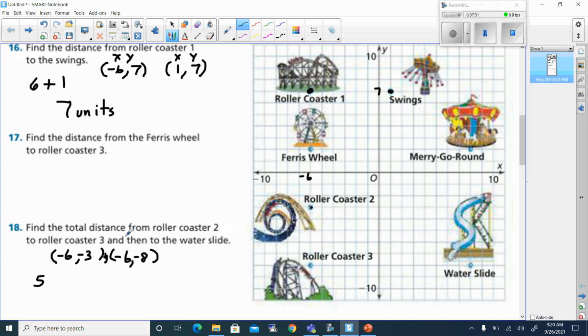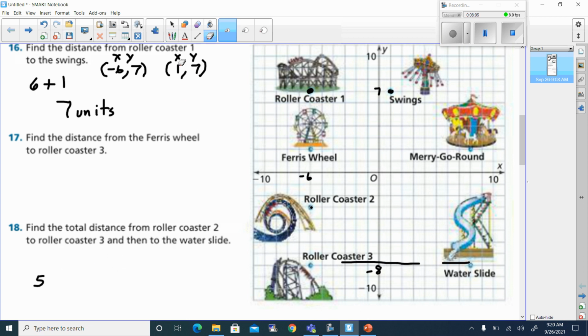Okay? And now it says, and then to the water slide. Now we're crossing over to the water slide across my y-axis. Okay? So now is when we go ahead and do that. Well, they're both at -8, right? This is -8. So our y is now the same. And so let's cross this out because really I didn't need to do that. I want to just show that it would be wrong to go ahead and use the absolute value on the